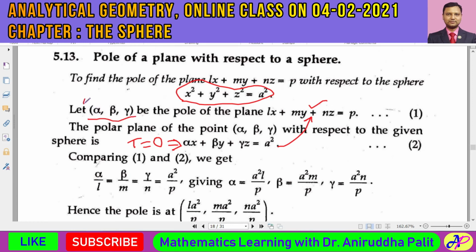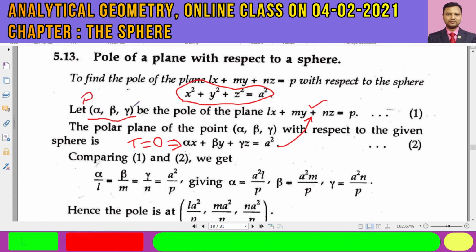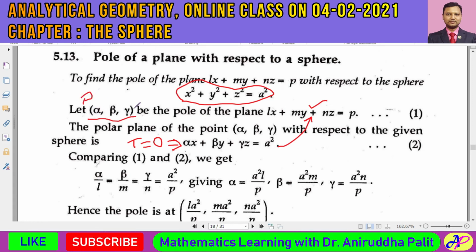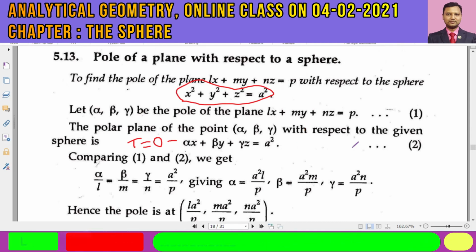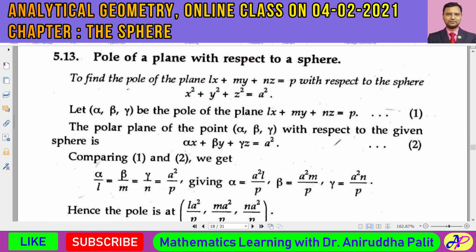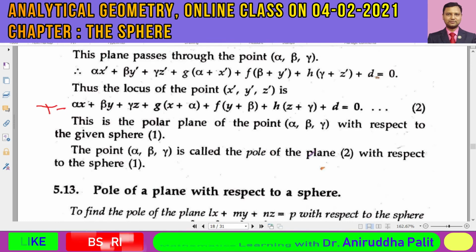This is the point P. And we can conversely say that this point P is the pole of this polar plane. Now, because equation number 1 and equation number 2 both